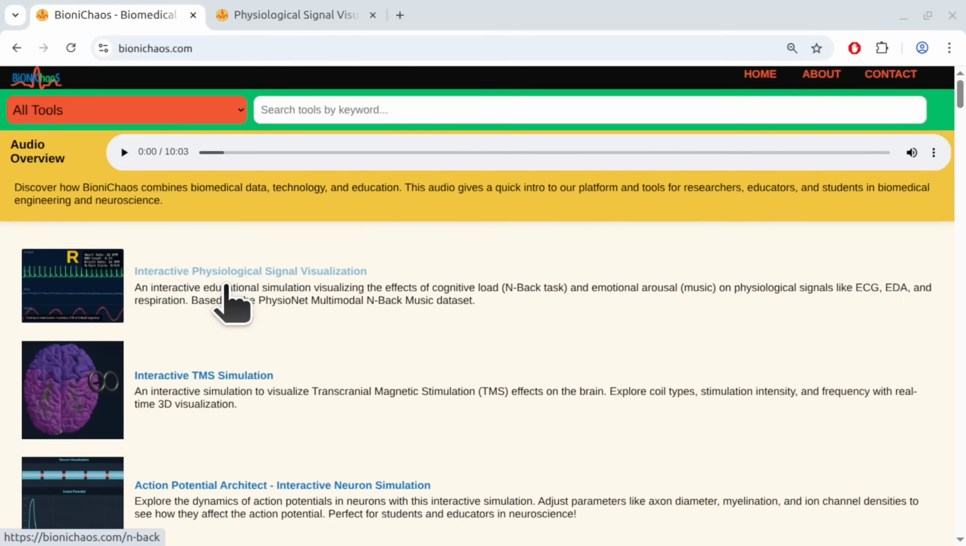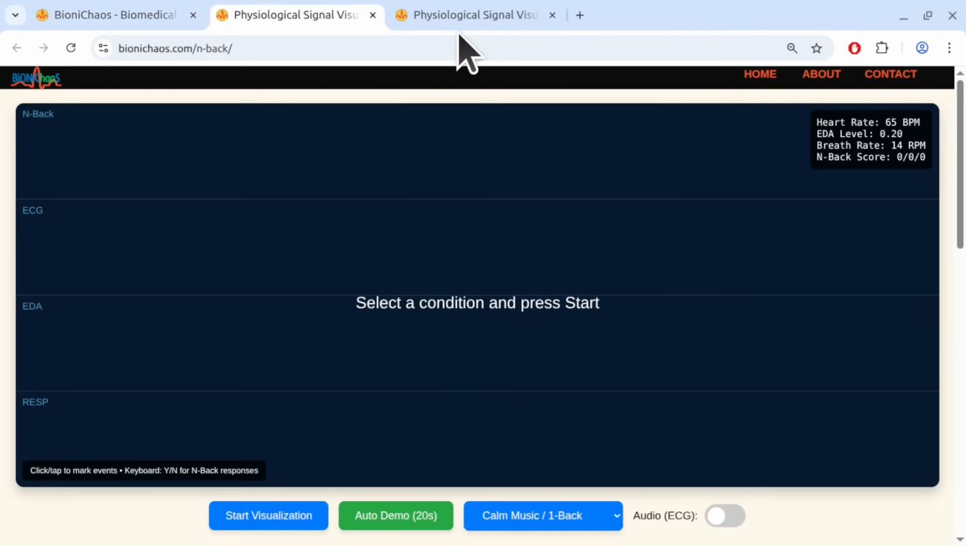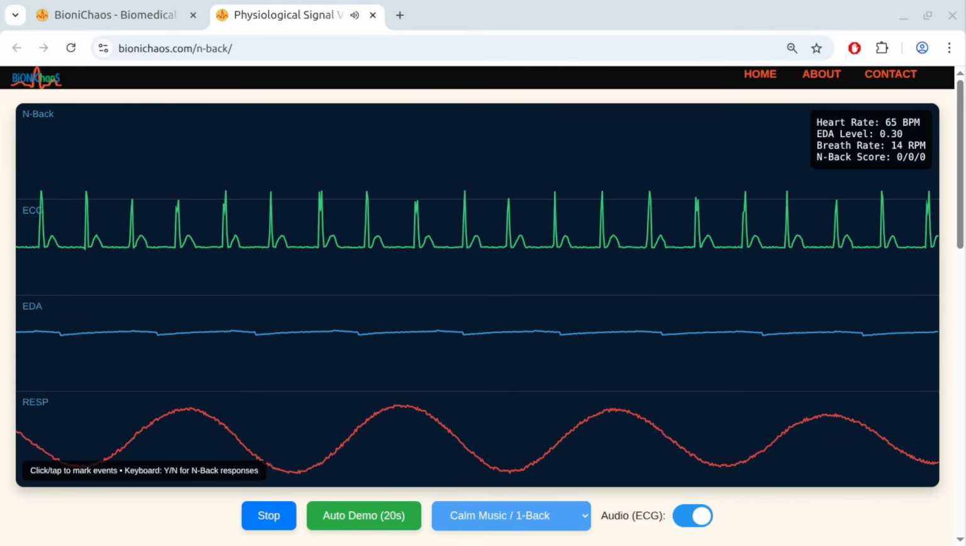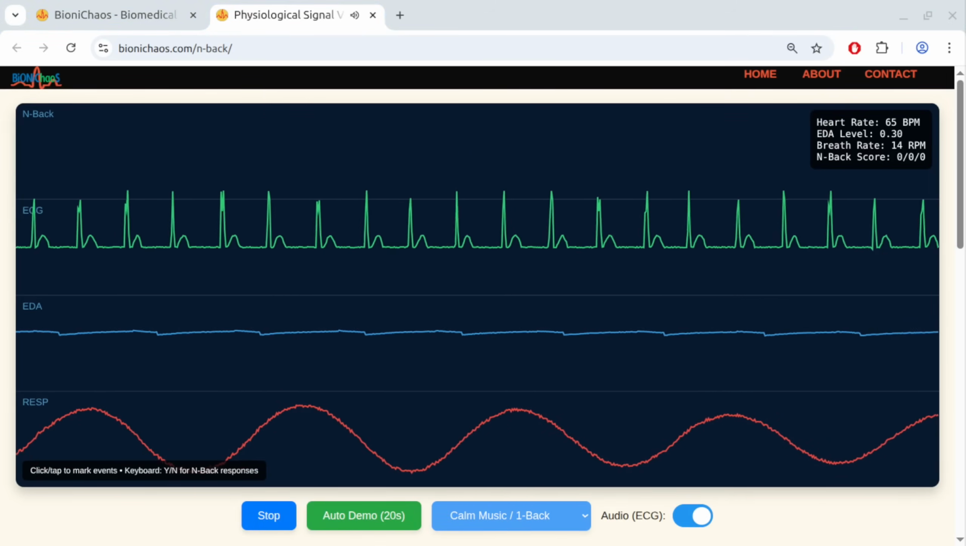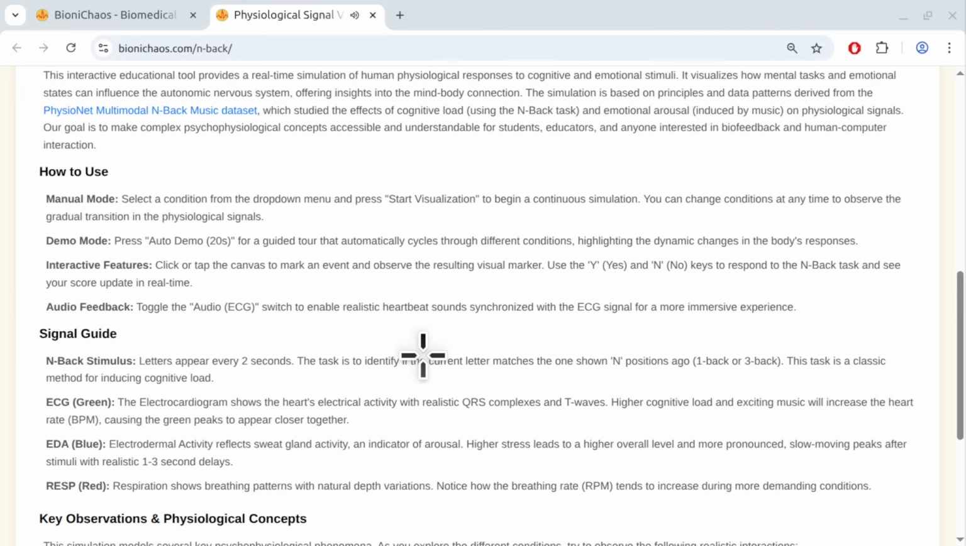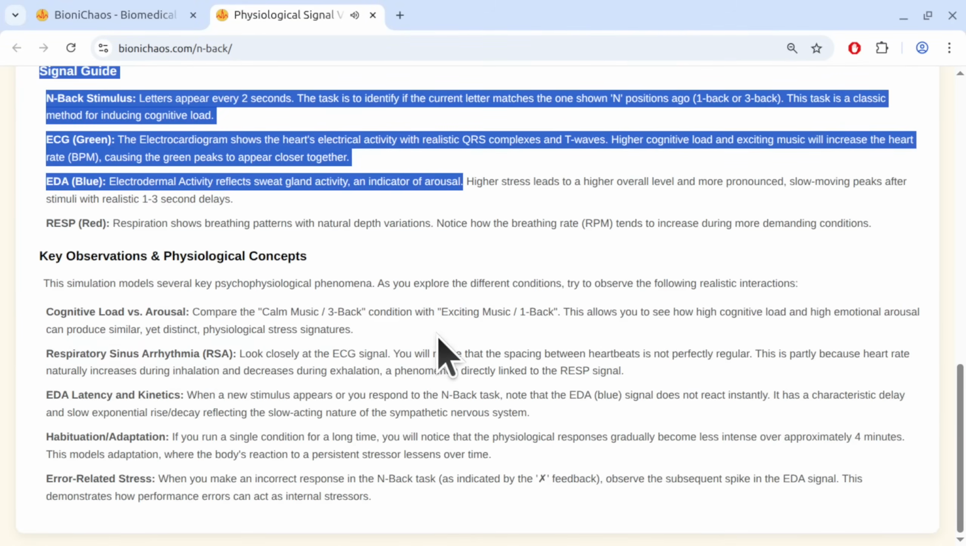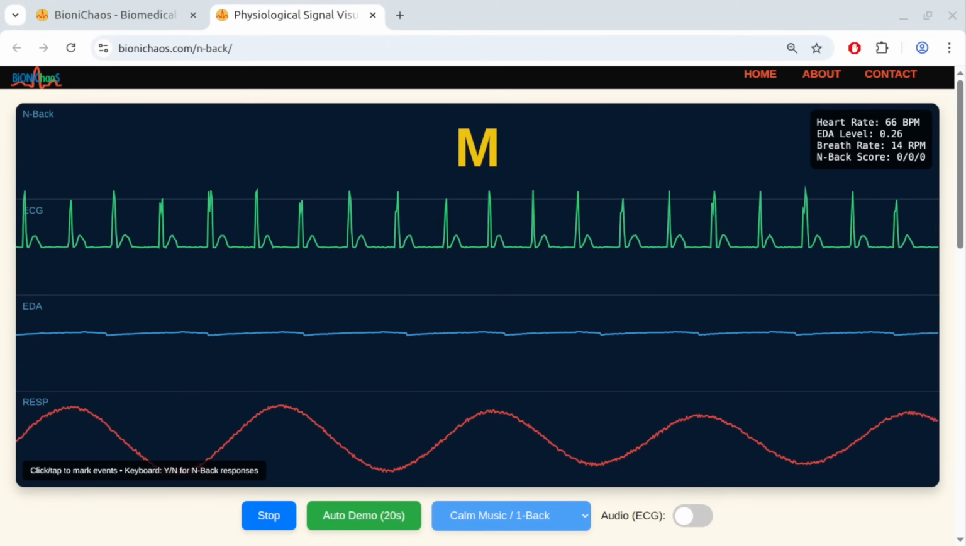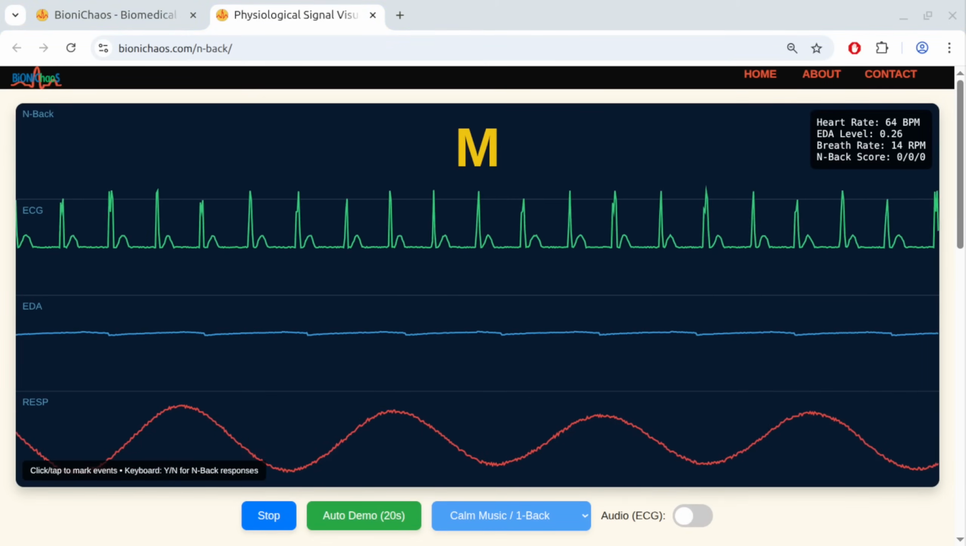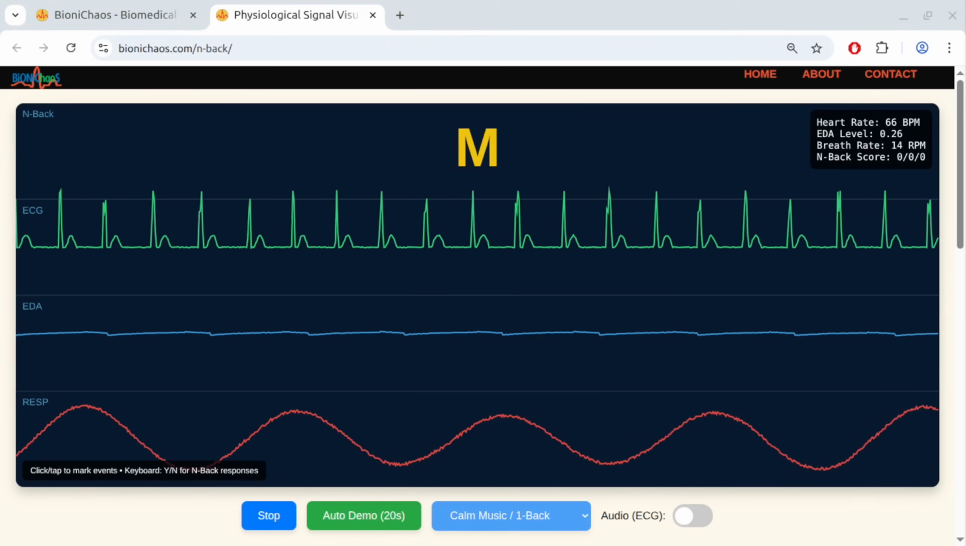We'll go over this interactive physiological signal visualization. This is in production, and we have a 12 minute overview by Notebook LM. I just gave it the code and the text description below the page. It simulates physiological responses, so it doesn't just show you, it lets you feel that connection between your